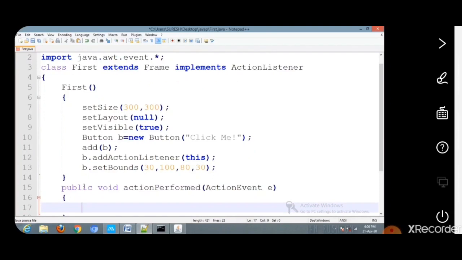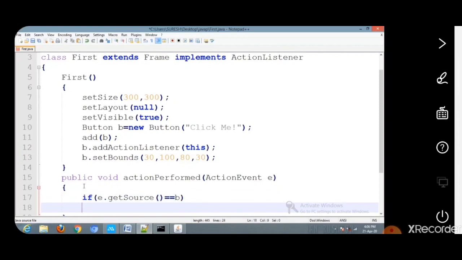Here, the event caught by the actionPerformed method is generated by the button object. We have to verify that. So if e.getSource() equal to b, the compiler checks whether the event caught by the actionPerformed method is generated by the button object b. If it is true, then